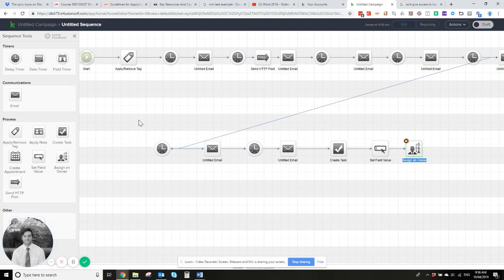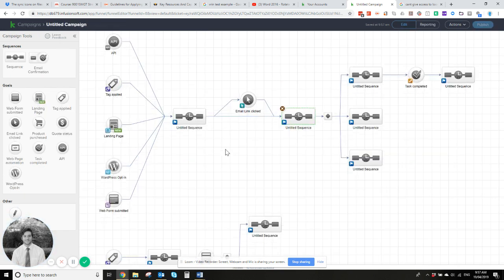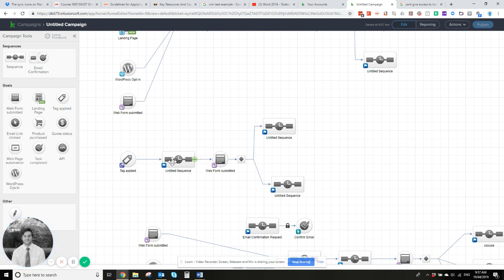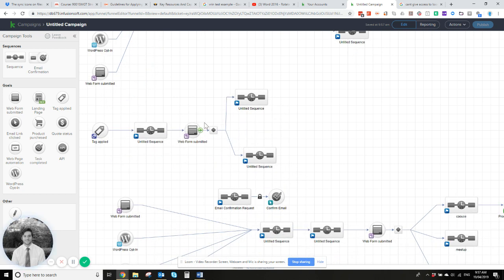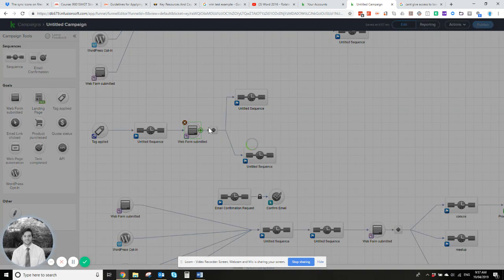So maybe when they come in, we can give them a web form and identify what kind of person they are. So in this one, we've got a tag applied. So they've either clicked another automation somewhere else, they've come in here, and we've got a few emails asking them who they are and what kind of business they want to do with us. Then, based on their response in the web form, which is a simple builder,